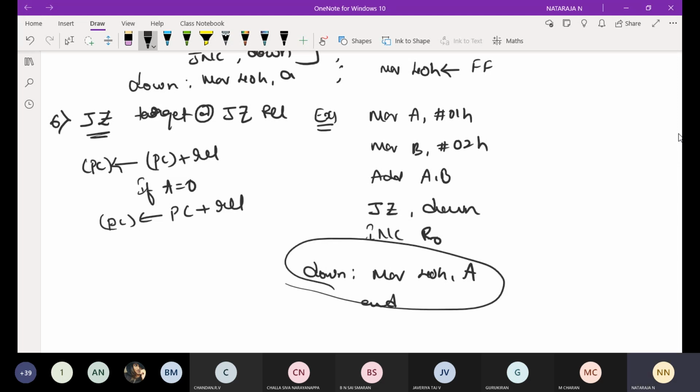Second point: if A is not equal to 0, the condition is false, then proceed with the next instruction, that is, increment or not.